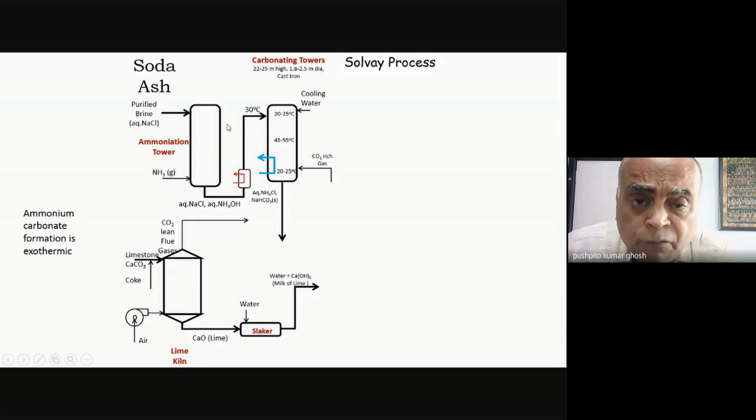Now you'll also find that it is not pure ammonium chloride. There will be some amount of sodium chloride because this reaction is not 100%. We'll see that it's nowhere near 100%. So there will be a lot of unreacted sodium chloride which will also be dissolved in over here. And this is the solid, and this ammonium chloride will be in the mother liquor. What will happen is that then you take it through a rotary filter and you separate the solid, which will